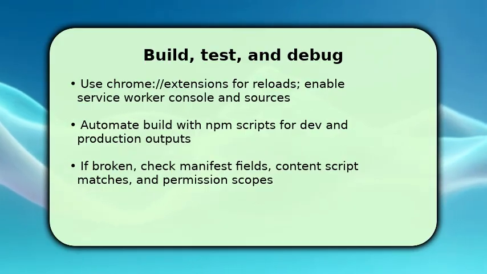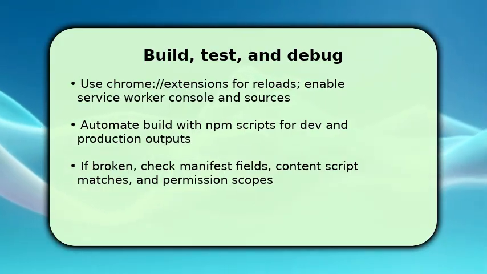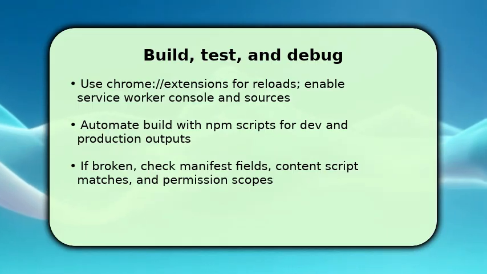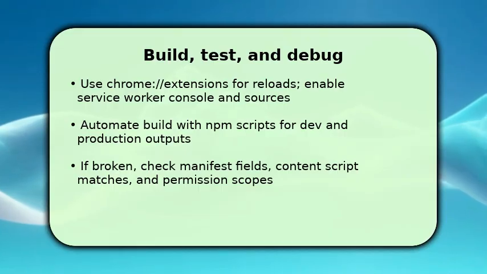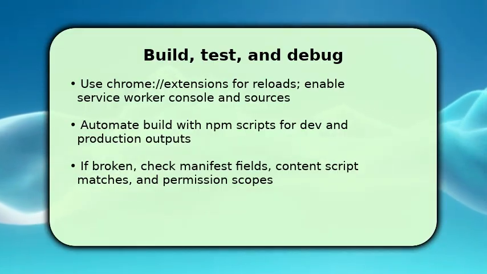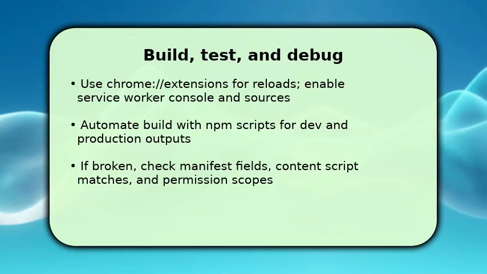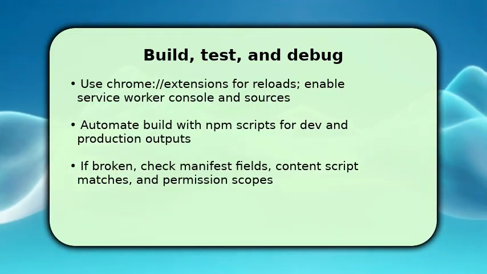Once done, optimize assets, update manifest version, and prepare a zipped package for publishing. If something goes wrong, first verify manifest.json syntax, ensure content script URL matches, and confirm permissions, often a missing host permission or incorrect